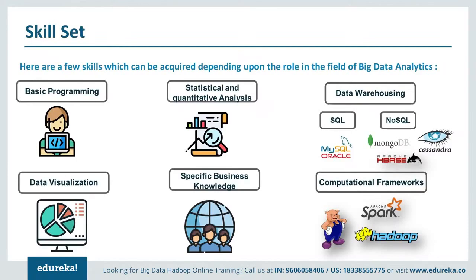The last skill set that I've mentioned over here is computational frameworks. So out of the tools that we discussed in the previous section, one is expected to know at least more than one. So if you know Apache Spark, Hadoop, Pig, also again, that is depending upon the job role that you're going to play. So it is important that you're aware about at least one or more tools which are required for big data analytics, and one or two such computational frameworks, because it is going to, of course, help you, and you will have a basic knowledge about how these tools are used for analyzing the data.